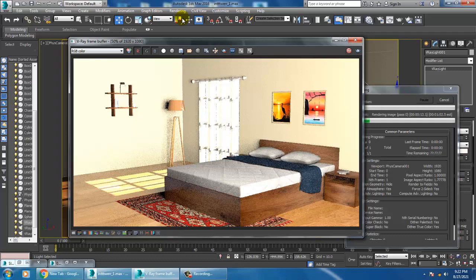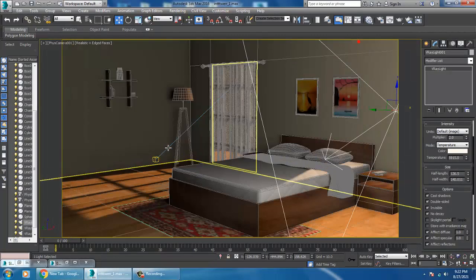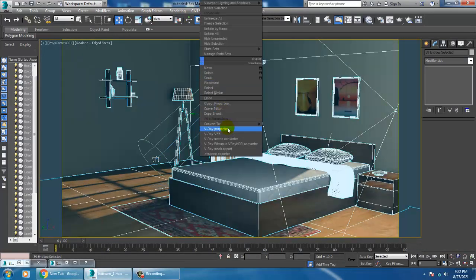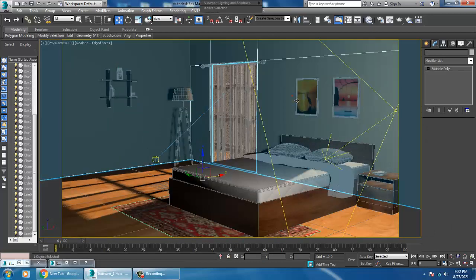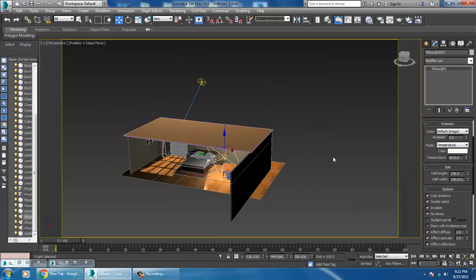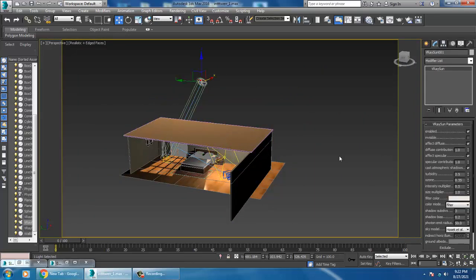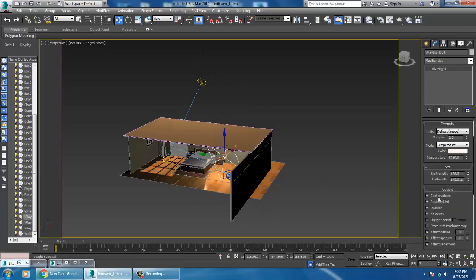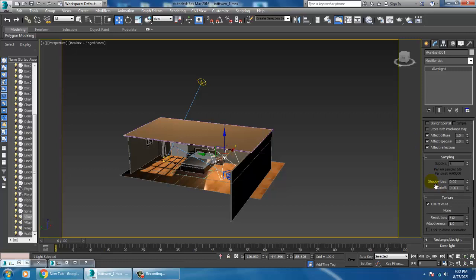If you want to go with the night light also, then you can use photometric lights for that, not a big problem. Let's select this and convert to editable poly over here. After that, I'll select this light, and set the intensity multiplier to 0.2 over here, and for this multiplier I'll set it as 1. I'll go down, texture resolution we will definitely increase.